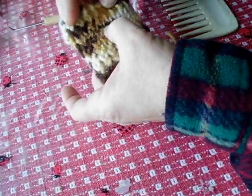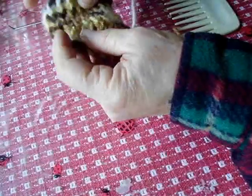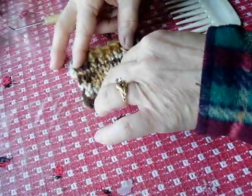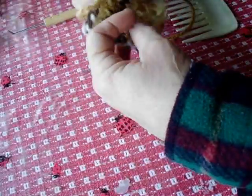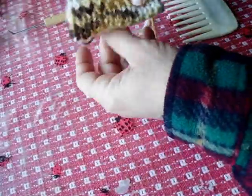1, 2, 3, 4, 5, 6, 7, 8, 9, 10. I think 16 rows would have made a better size. So if I knitted 32, I could have then folded them in half, sewn the edges together, and had a